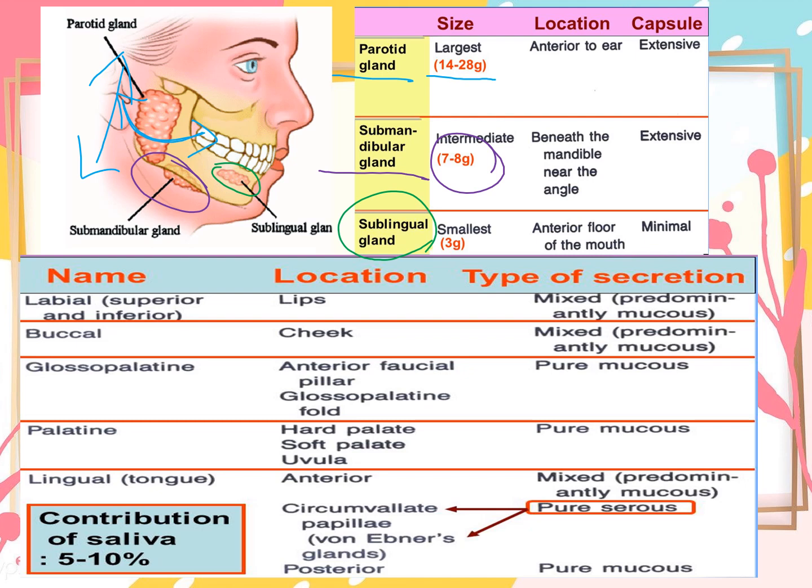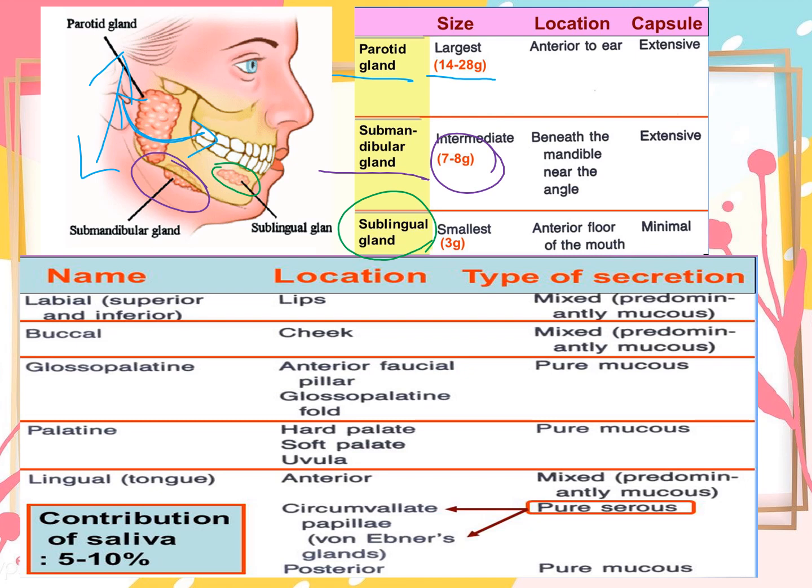Several small ducts, like the ducts of Rivinus, open independently along the sublingual fold. The sublingual gland is a mixed gland, but the mucous secretions predominate. It receives its blood supply from the sublingual and submental arteries and nerve supply from the seventh cranial nerve. The lymphatic drainage is to the submandibular lymph nodes.